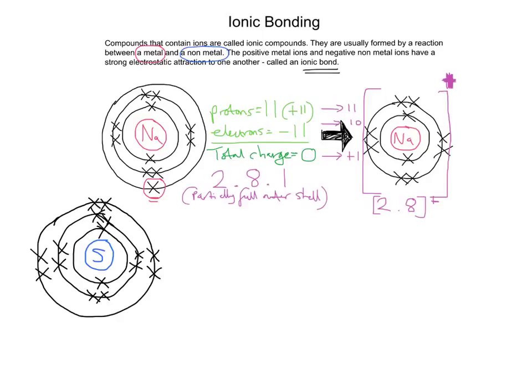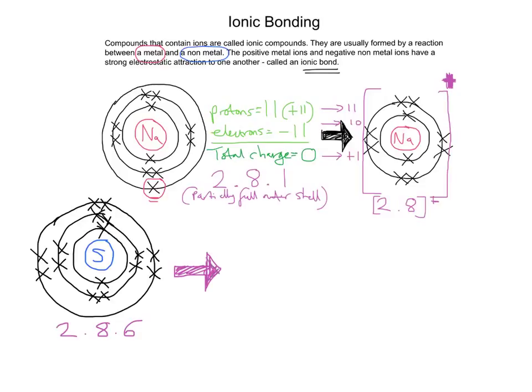So let's just put in our electron arrangement here. What we essentially have is 2.8.6. We can see we've still got a partially full outer shell. But rather than losing 6 electrons, it's far easier to become stable by gaining 2 electrons, because what we're looking for is this atom to become stable. They're looking for this stability, and it comes from a full outer shell. And we get that full outer shell by having 8 electrons in it. So this sulfur atom essentially will become,